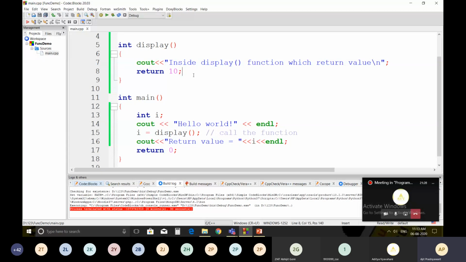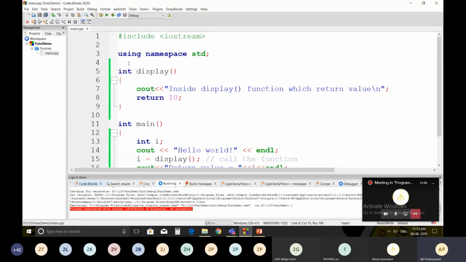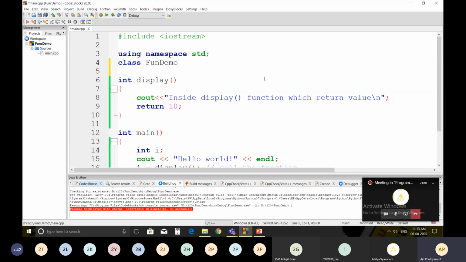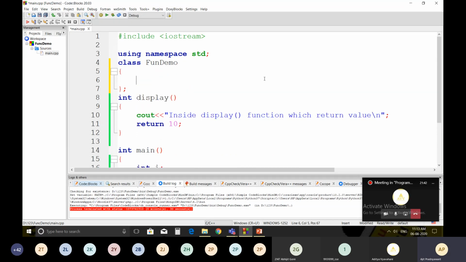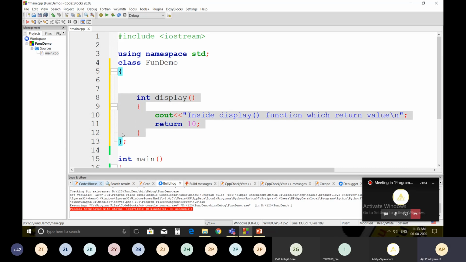So now I'm going to add the class. I'm going to say class function demo. And inside this class, I'm going to write this display function. Okay.